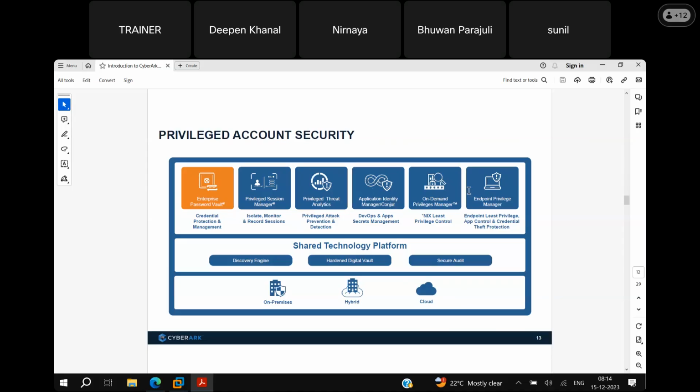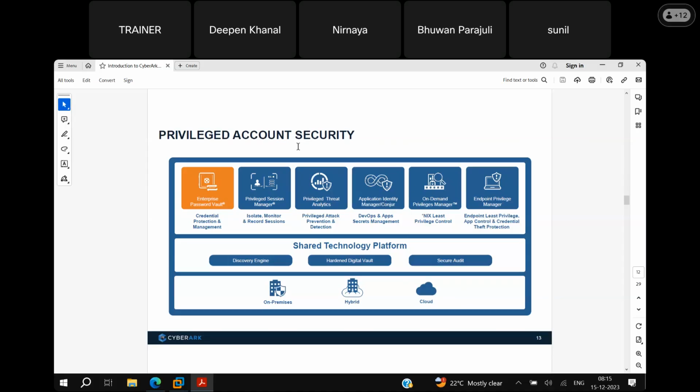Similarly, we have advanced products: AIM, Application Identity Manager, which can be used to secure DevOps and application secrets management; OPM, On-Demand Privileged Manager, used for access control on Linux devices; and EPM, Endpoint Privilege Manager, where we can apply control and credential theft protection.